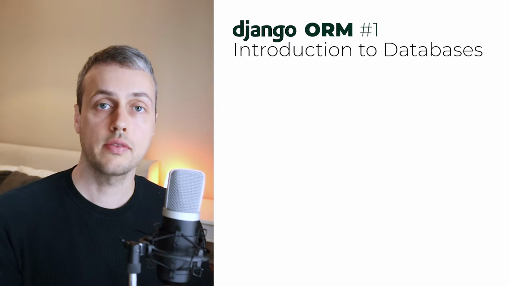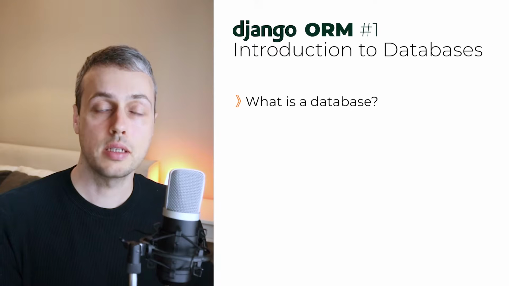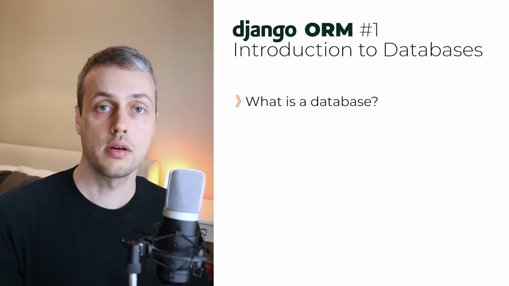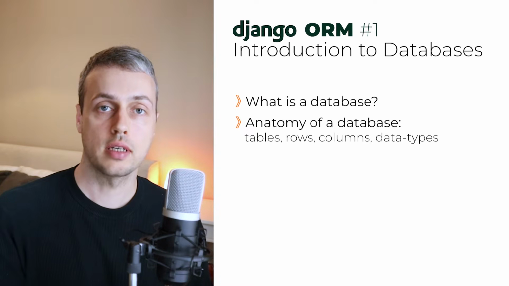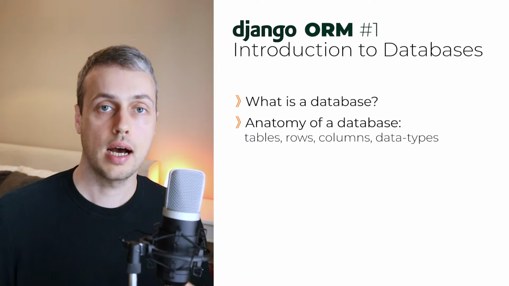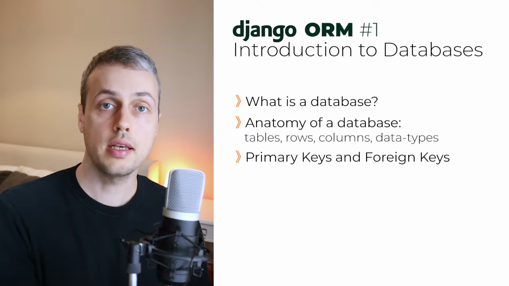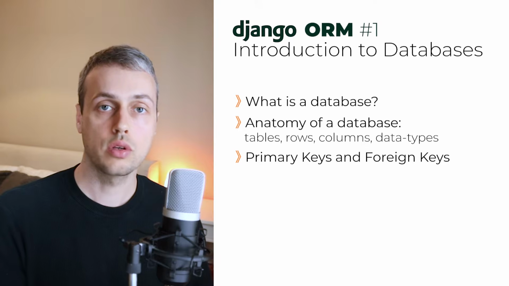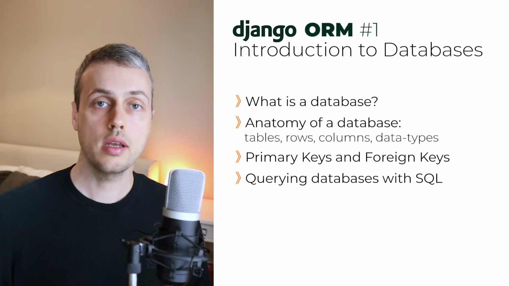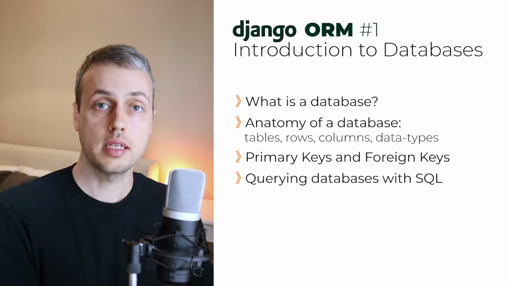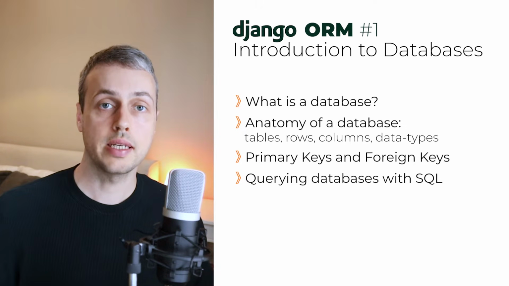So in this introductory video, we're going to dive into what a database is, and we'll have a quick look at some of the common database systems out there. We're also going to look at the anatomy of a database, which contains tables, columns, rows, and data types. After that, we're going to cover what primary keys are and also what foreign keys are. And finally, we'll end the video with a quick look at SQL, and that's the querying language that you can use in a database in order to get data from the database tables and also to create, update, and delete